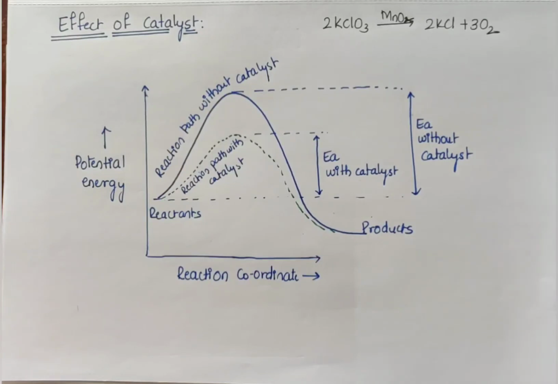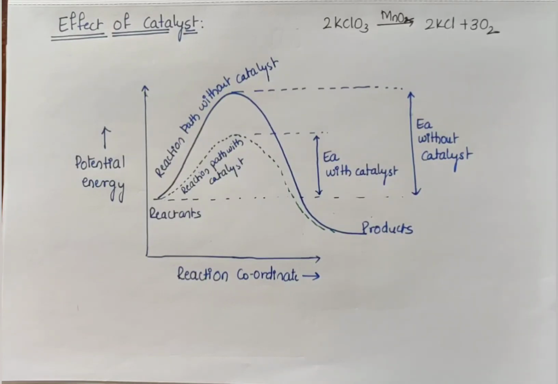Now when you consider a reversible reaction, a catalyst will lower the activation energies of both the forward and backward reaction to the same extent and helps in attaining equilibrium quickly. The catalysts which decrease the rate of the reaction are referred to as inhibitors. So what will these negative catalysts do? They will interfere with the reaction, forming relatively stable complexes which require more energy to break up. Thus, the speed of the reaction gets reduced.